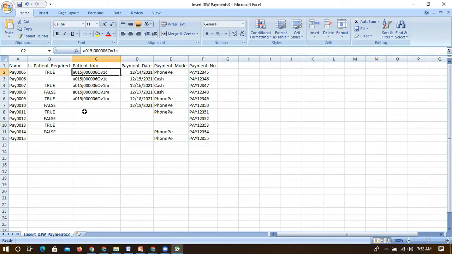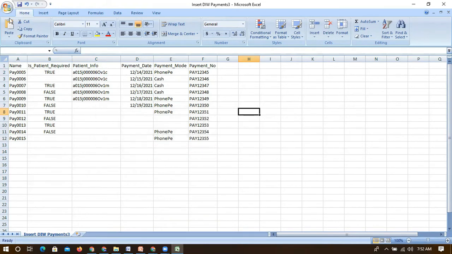Right now, if you can see, we have a total of 11 records. Out of 11 records, we have given only 5 IDs, which is a required one also. If you don't give this information, it will throw an error. Let's see how quickly we can finish this, and we can show how many records it will create and how many errors we see on this data. Let's quickly save this.